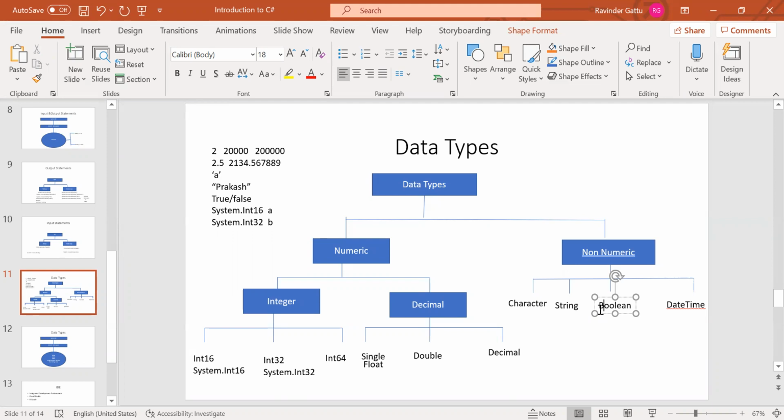You might have worked on gates while doing your engineering, right? Gates work based on only ones and zeros. The outcome of every gate is going to be a Boolean value, 1 or 0. Whenever you want to capture a Boolean value, 1, 0 or true, false, you have to use a special data